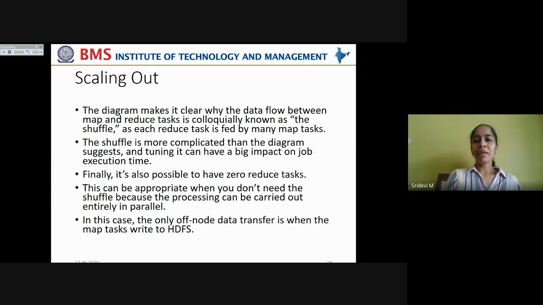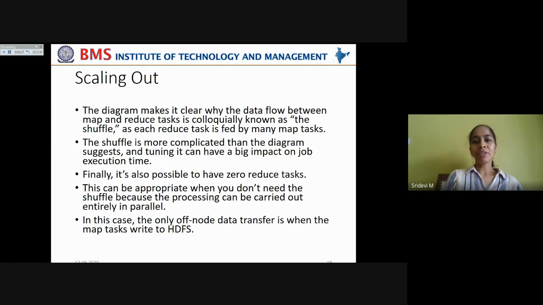Now this diagram makes it clear why the data flow between map and reduce task is colloquially known as the shuffle, as each reduce task is fed by many map tasks. Now, when many map tasks are feeding the reduce task, the input has to be shuffled in order to get the values associated with a particular key.